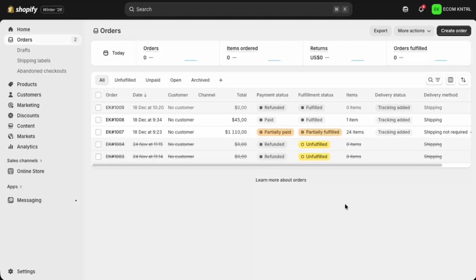For larger stores with many orders, Shopify might email you a download link to the address associated with your account, and that's it. You've successfully exported your Shopify orders to a CSV file, ready for reporting, analysis,